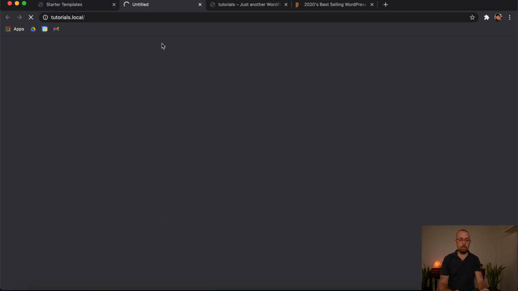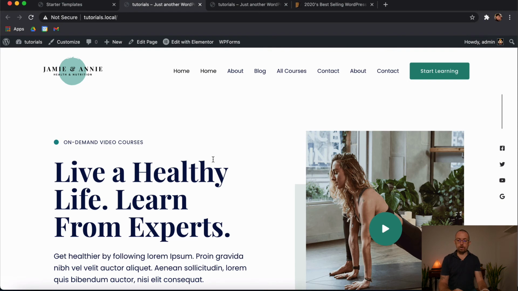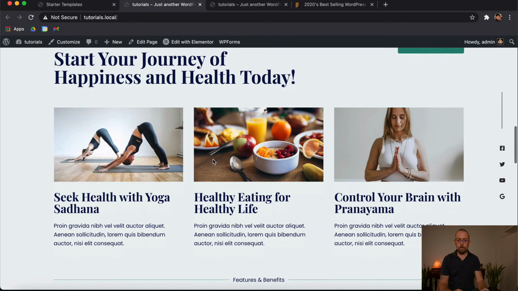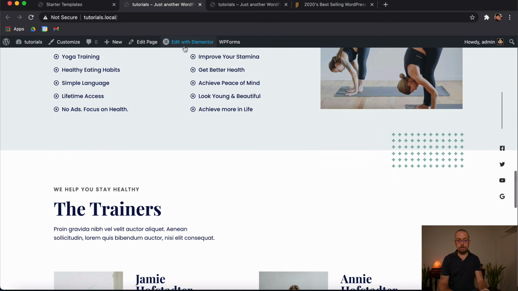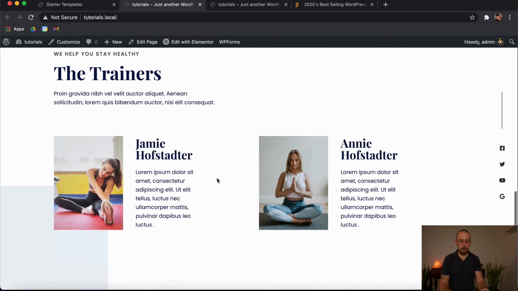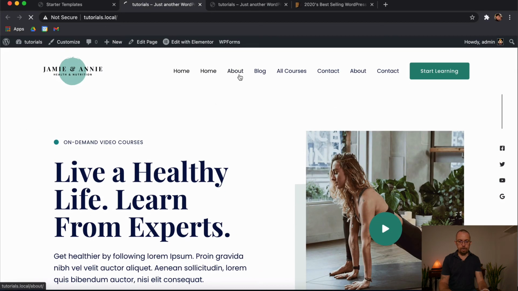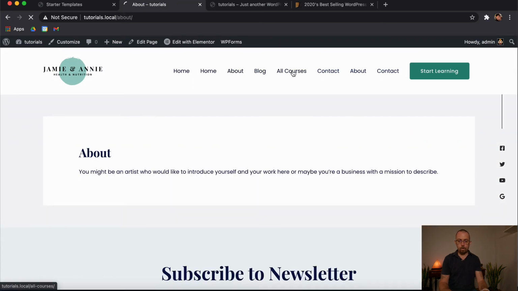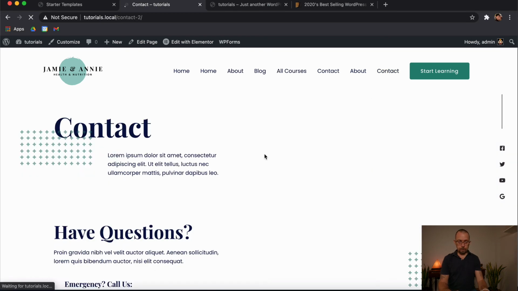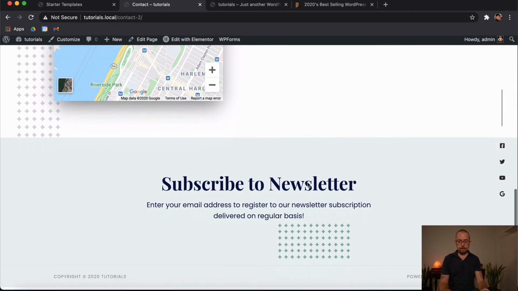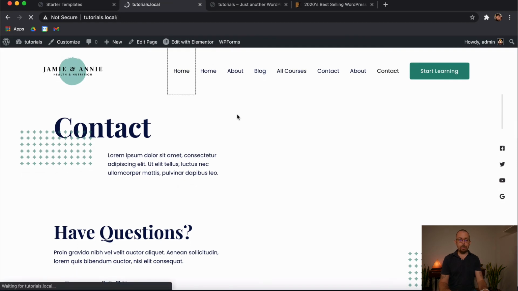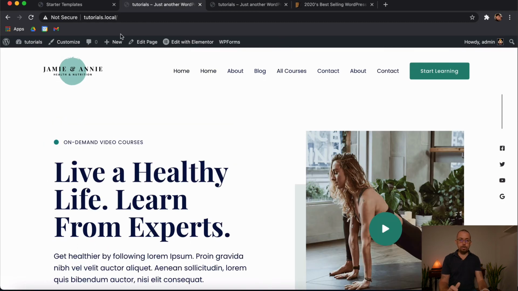And now when we come over to our website, you'll notice that it looks just like that. So we have a beautiful starter website that's actually using Elementor, but we'll talk about that later. And you'll notice all the images are in, all the placements are in. They've even got different pages in here. So when we go to About or Contact, these types of things, you'll notice we have a Contact section. So this is a pre-built template that, as you see, is pretty simple to do. You just click a few buttons, install a plugin, and it will install a template just like that for free. It doesn't cost you anything, it's free.